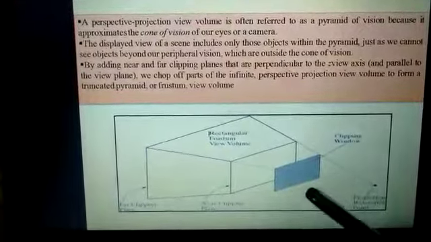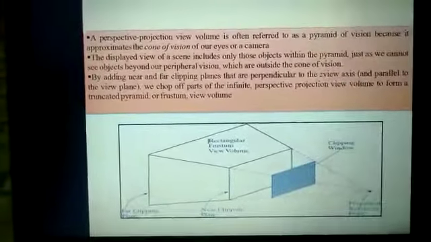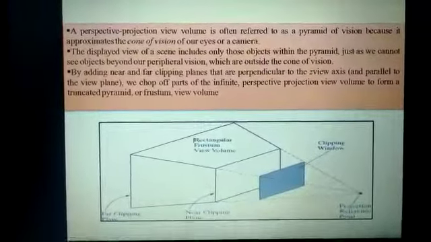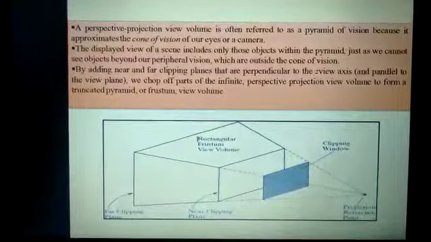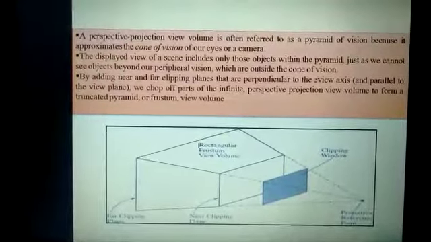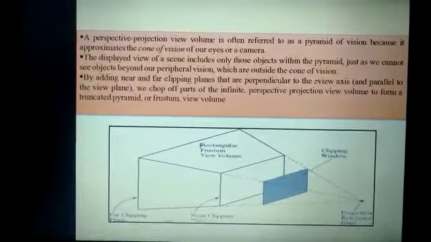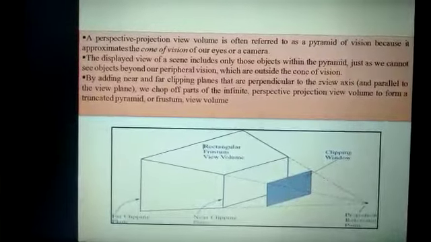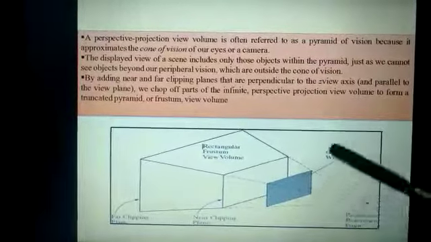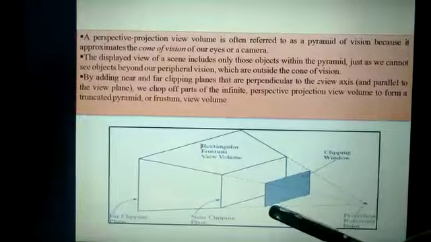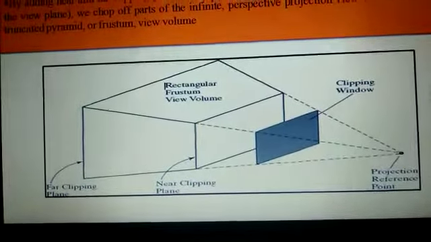With a perspective projection, we could also use the near clipping plane to take out large objects close to the view plane that could project into unrecognizable shapes within the clipping window. Similarly, the far clipping plane could be used to cut out objects far from the projection reference point that might project to small blots on the view plane. As we can see here, there is the far clipping plane, the near clipping plane, the actual clipping window, and the projection reference point with respect to the perspective projection.